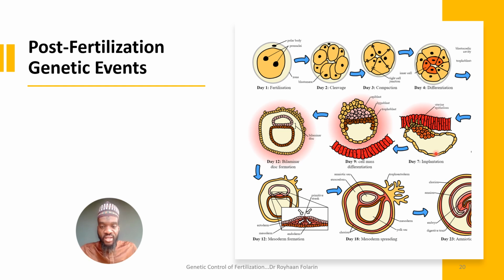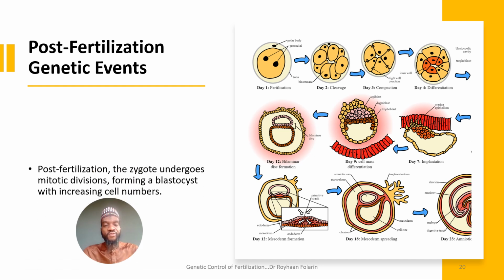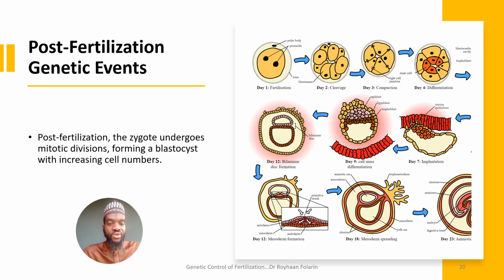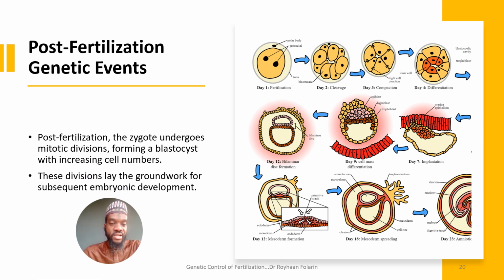And that continues by day 7 when the implantation has occurred. By day 12, you have the formation of the third germ layer, introduction of the mesoderm, okay, and that is gastrulation. And then you have the mesodermal spreading, and by day 23, you have the amniotic regions visible and different from the chorionic. And then a lot of other events proceed like that. So the zygote undergoes all these mitotic divisions that form the blastocyst with increasing cell number. And these divisions lay the groundwork for subsequent embryonic